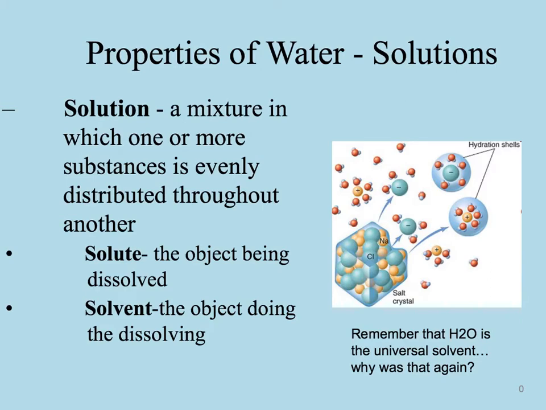All right, so that brings us to solution. Again, solution is a type of mixture where everything is evenly distributed throughout. So salt water would be an example of a solution. And then there's some terms that you need to know with that, and solute is one of those. A solute is the object being dissolved. So in the example of the salt water, salt would be the solute, and the solvent is the object doing